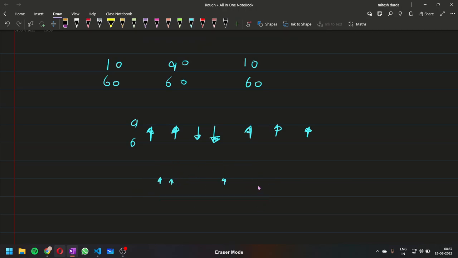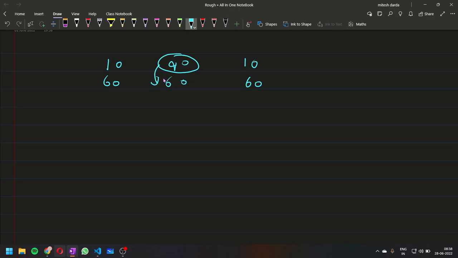So in our question, how can we find whether to keep an element in our subarray or not? To find that, our main motto is: we want all of the bigger elements which are in the above array to be placed in the lower array. So if we subtract 10 minus 16, this will give us a negative element, and we don't want a negative element in our subarray. And if we subtract 90 minus 60, this will give us 30. This is a positive element, and we want a positive element in our subarray.